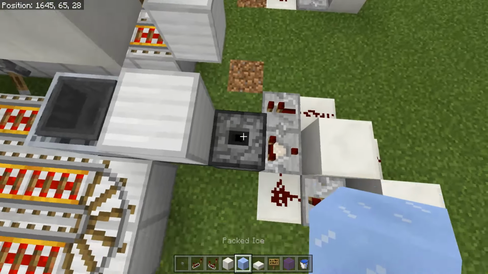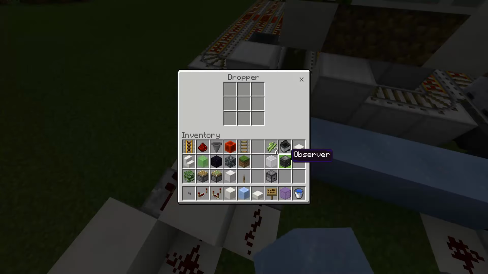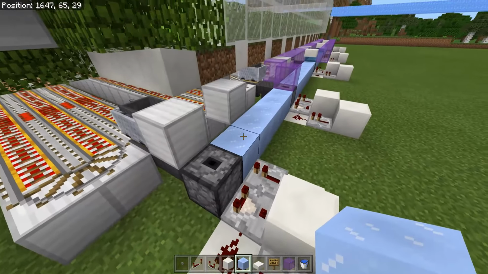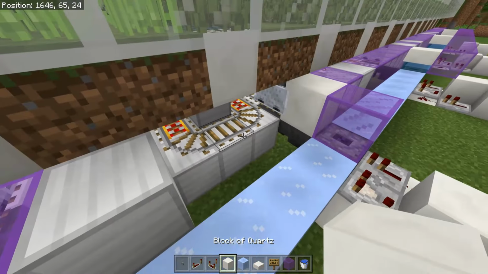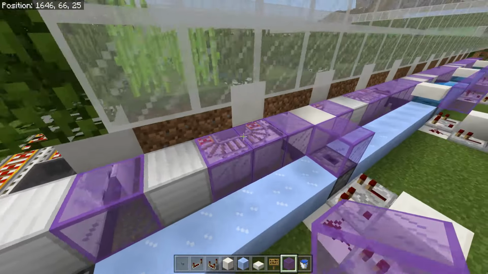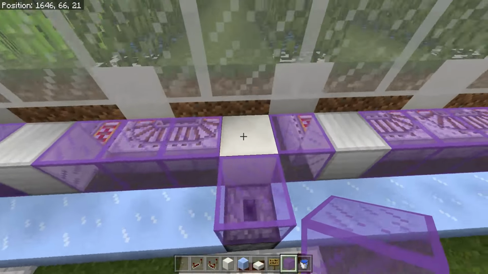But yeah, you basically just want to string up all these droppers with a line of packed ice, and that is basically going to automatically dispense all the items that go in there. And then we're just going to have a water stream. So this wall right here does need to be made out of glass. The reason for that is if it's not made out of glass, it can actually mess up the rails right there. So this wall right here should be made entirely out of glass, besides where you actually need it for